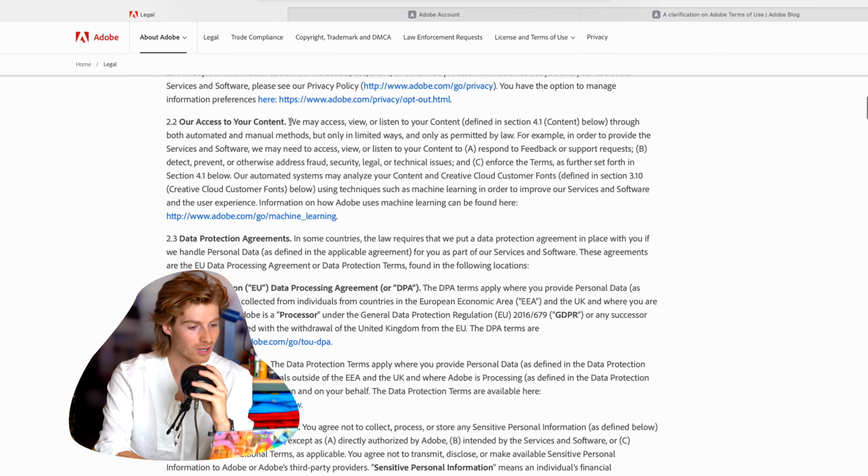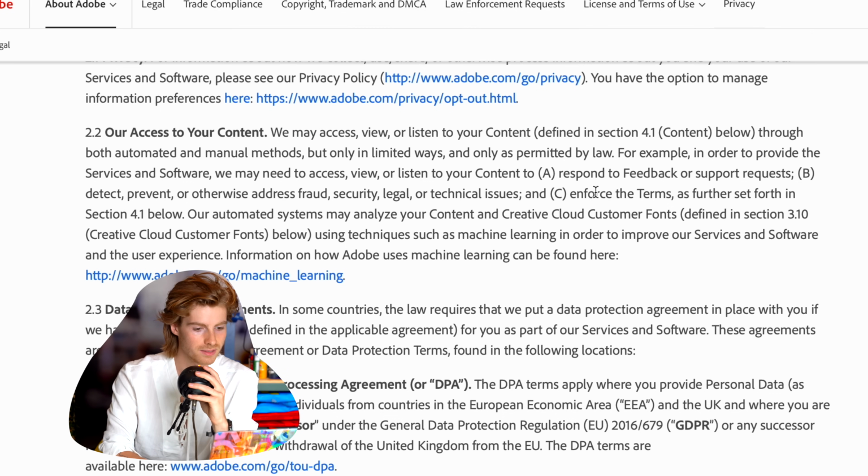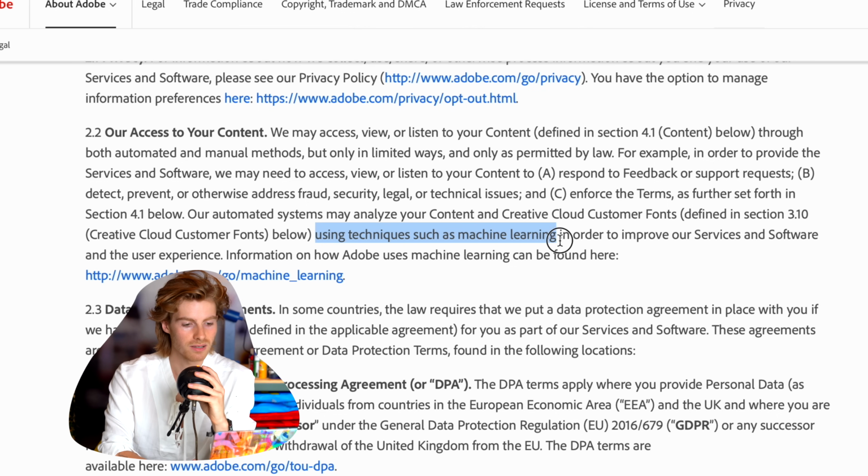This is actually real. In Adobe's new terms of service, which I have pulled up here, it says, "We may access, view, or listen to your content through both automatic and manual methods using techniques such as machine learning in order to improve our services and software."